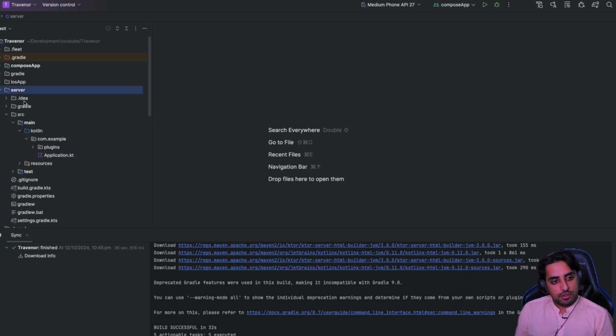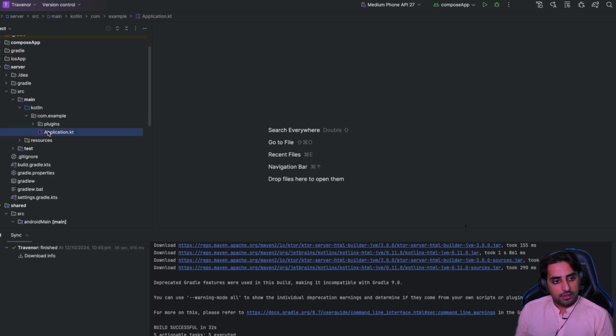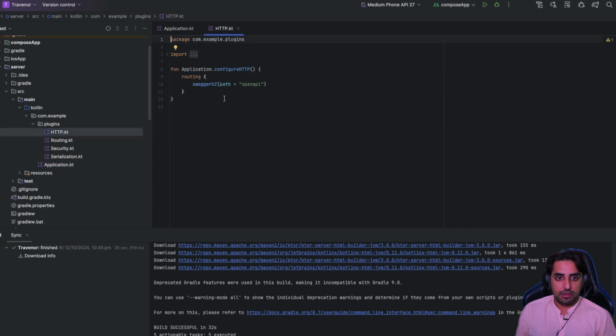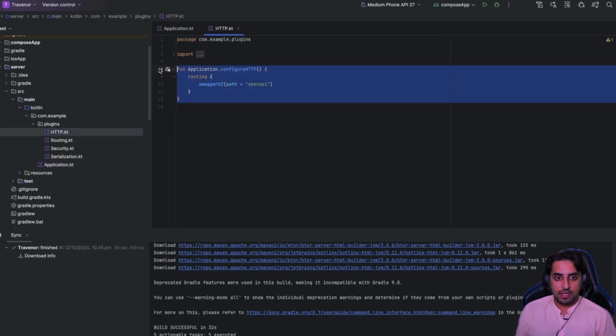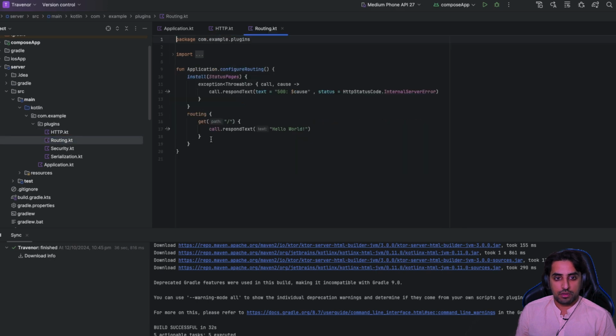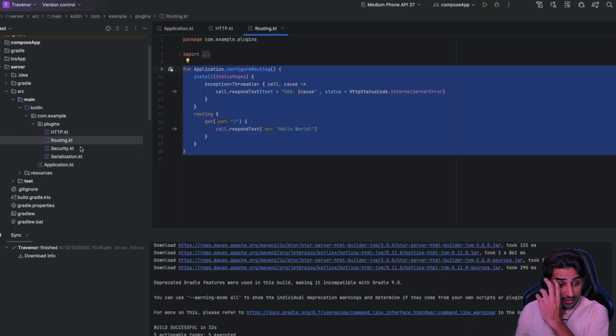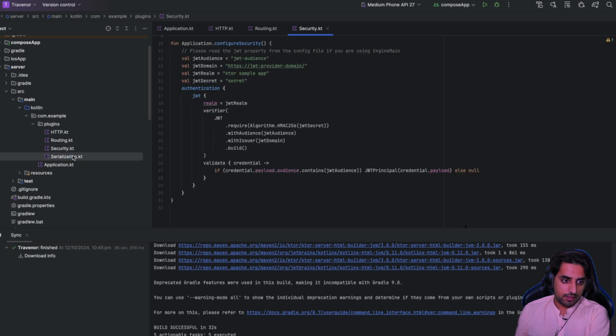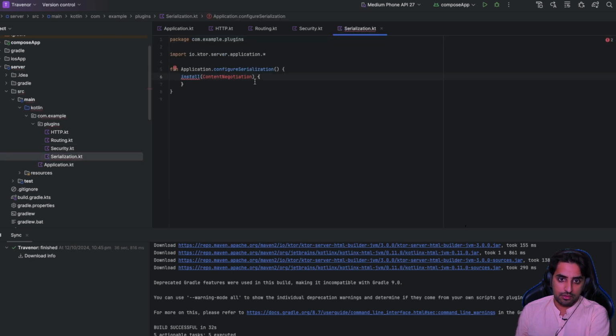If you go to our server section, you'll see these things, right? And let's just open this application folder. Now, once I open this application folder, you'll see these things. So it says configure HTTP, configure serialization, configure security, and configure routing. These are some plugins that we added. For example, for Swagger, it just sets up this HTTP API. For routing, it's just basic routing that it has added. For security, it just created a couple of things, and for serialization, it says that okay, you can add it,